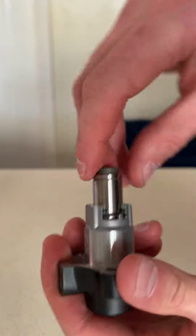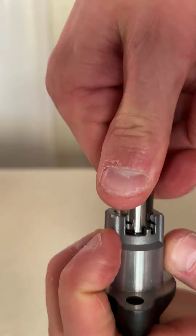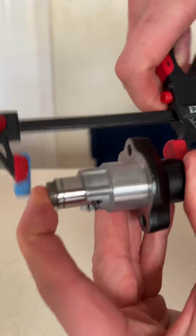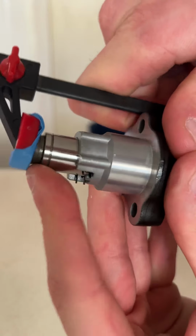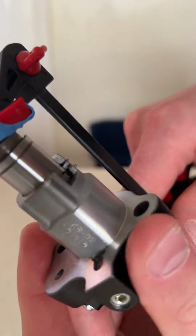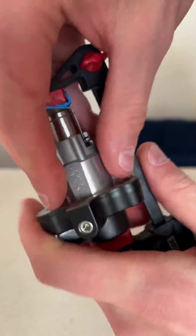So we're gonna release it, and what we're gonna do is rotate this inside by applying pressure until one of the clips passes the point. Then, while consistently applying pressure, I'm going to insert it into this. And now we should be able to slowly move it in. Take your time with it,